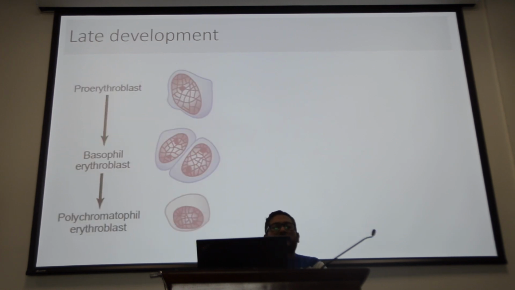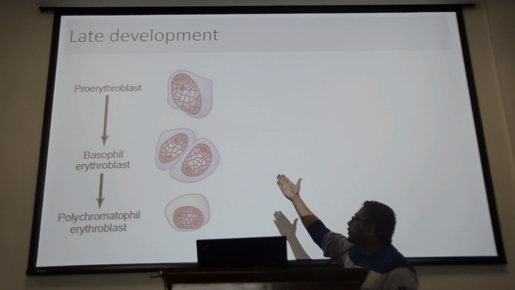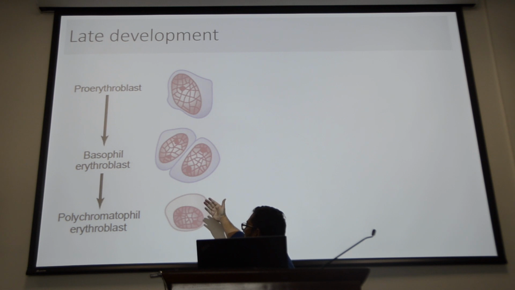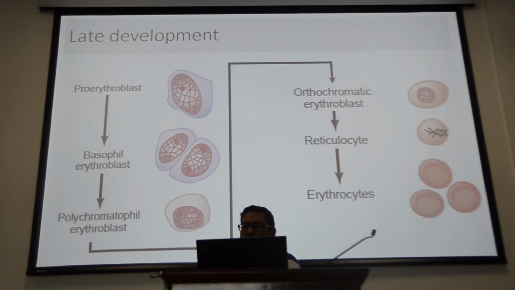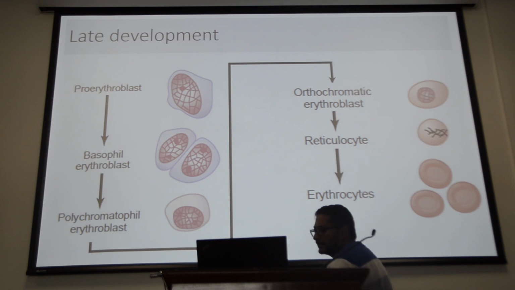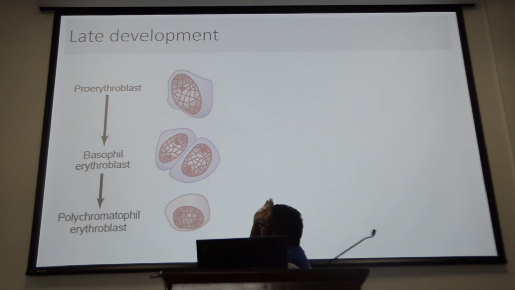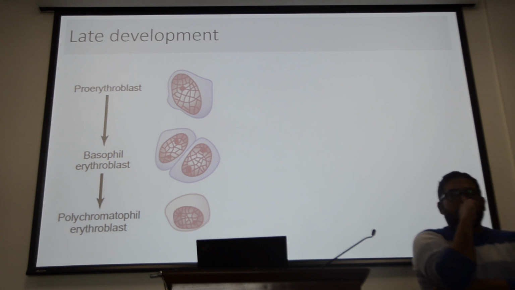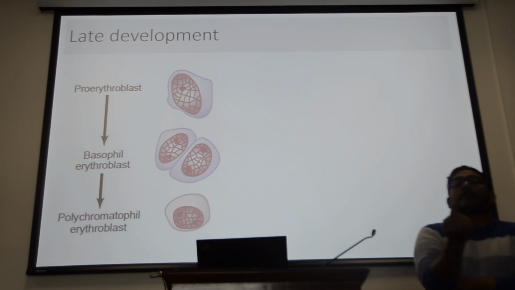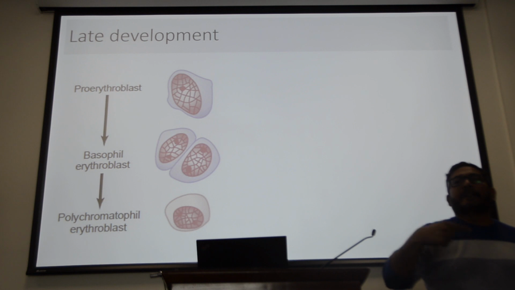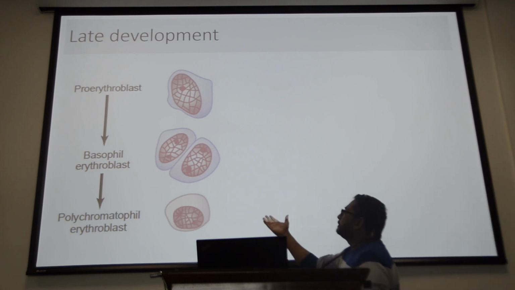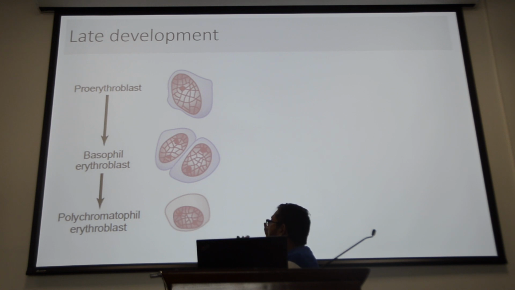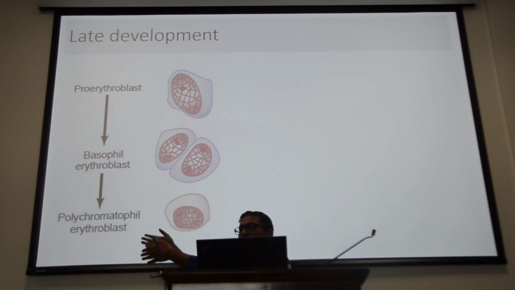Now, let's move on to the late development stage, right? So you have the proerythroblast that becomes the basophil erythroblast, polychromatophil erythroblast, moving on to orthochromatic erythroblast and reticulocytes. Now, erythroblasts, what does that word tell you? What are blast cells? Blast cells are immature, but they have one very important property, and that is proliferation capacity. They can multiply and divide very fast. When you call something a pro-erythroblast, meaning this cell is pro towards developing, it will give rise to the erythroblast